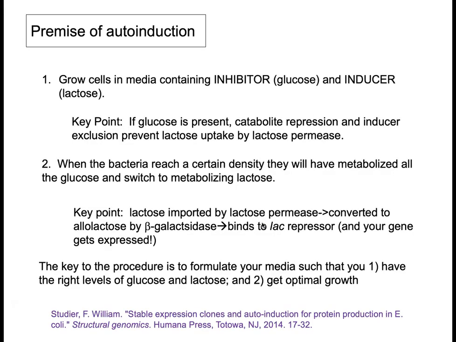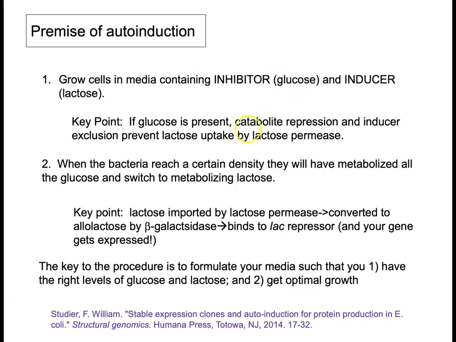So the premise of autoinduction is shown here. You're going to grow cells in media that contain glucose and lactose. You can think of glucose as an inhibitor of induction of your protein, and lactose is going to be your inducer. Okay. So if glucose is present, what's going to happen is catabolite repression and inducer exclusion. In other words, the bacteria will exclude import of lactose into the cell, will prevent lactose uptake by that lactose permease gene. Okay, so during that phase 1 growth, the bacteria will only metabolize glucose and will exclude lactose